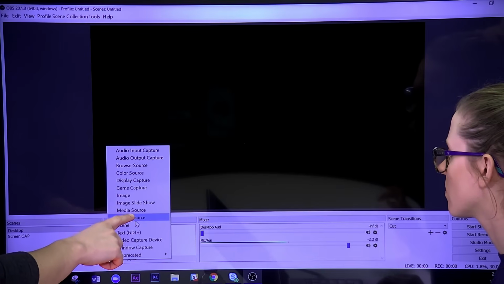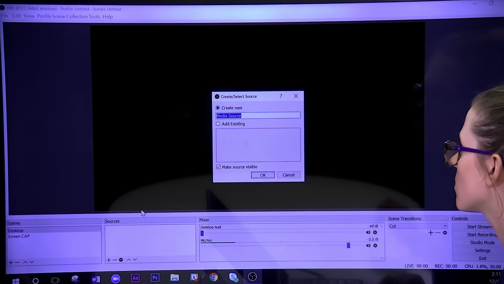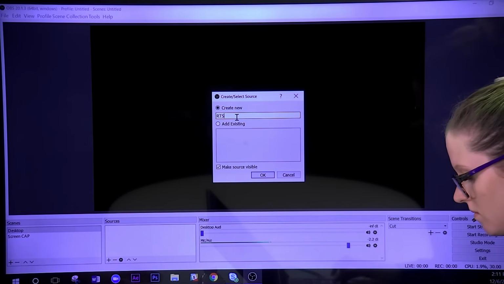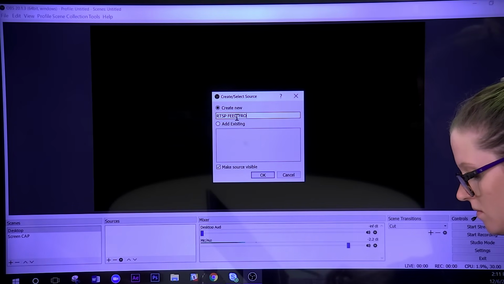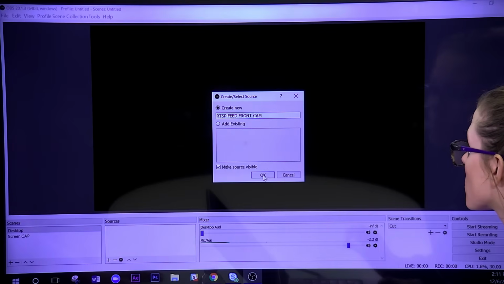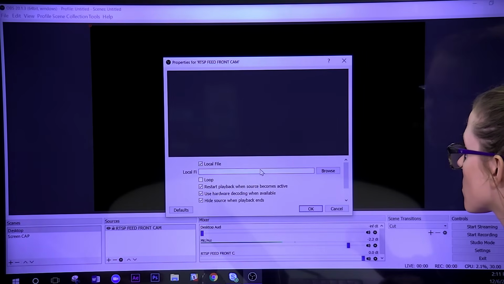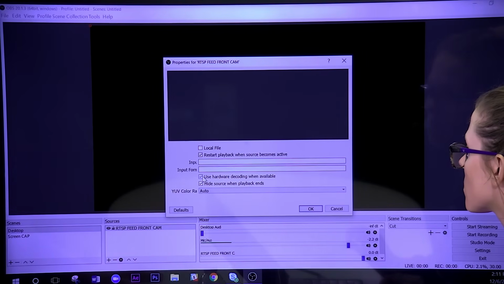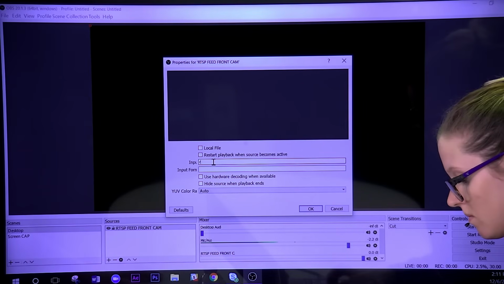But what we're going to do is click Media Source to pull in an RTSP feed, and call that RTSP feed front camera. Click OK, and we're going to uncheck everything. And then for the input, we're going to type in RTSP, colon, the IP address of your camera,